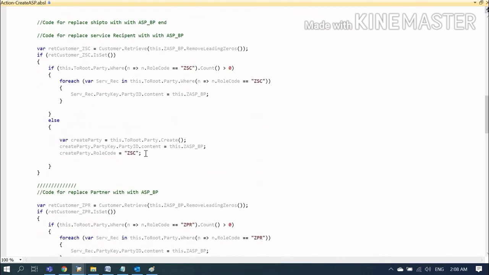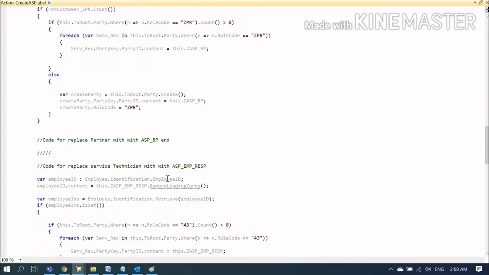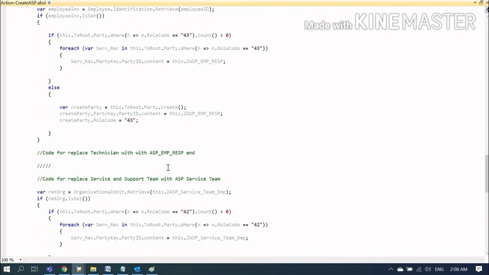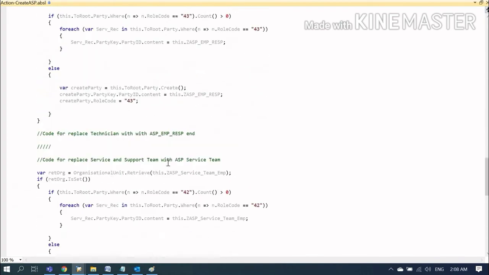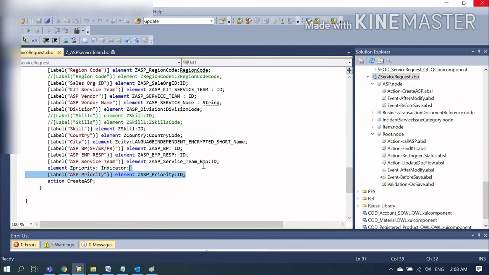These are some involved parties we are creating. You can pause the video and check the code also. So that's all from my side, and these are the two codes which I showed you.